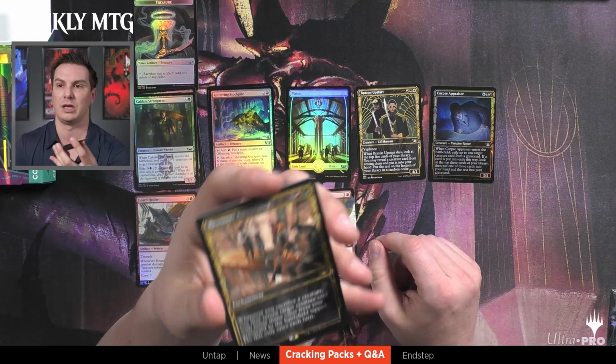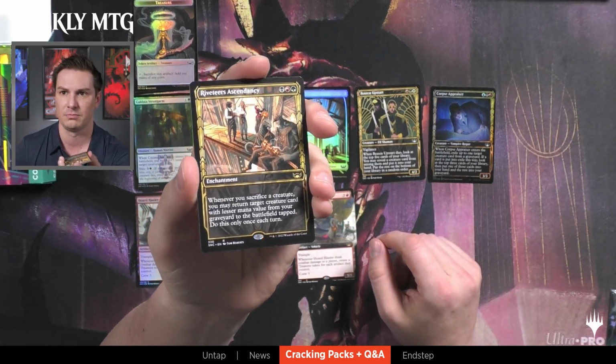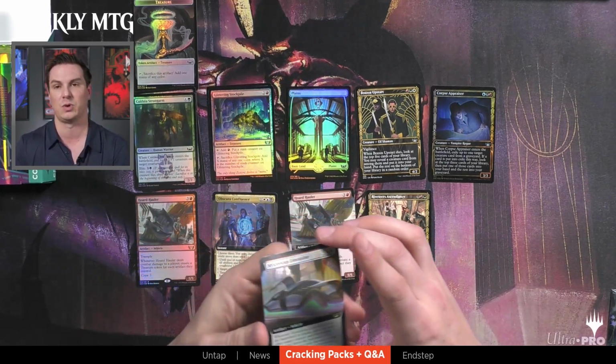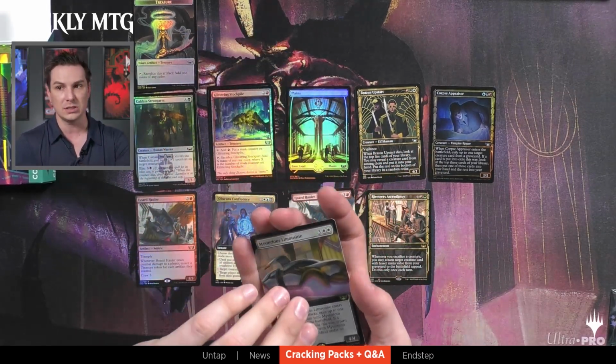And then you get a non-foil showcase rare. Here we got a Rubitir's Ascendancy. And then the last slot is what I like to call the fancy slot. So the fancy slot is always going to be foil,